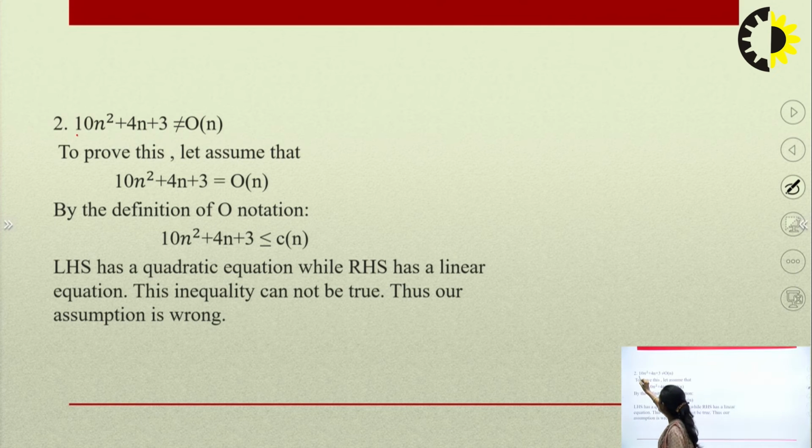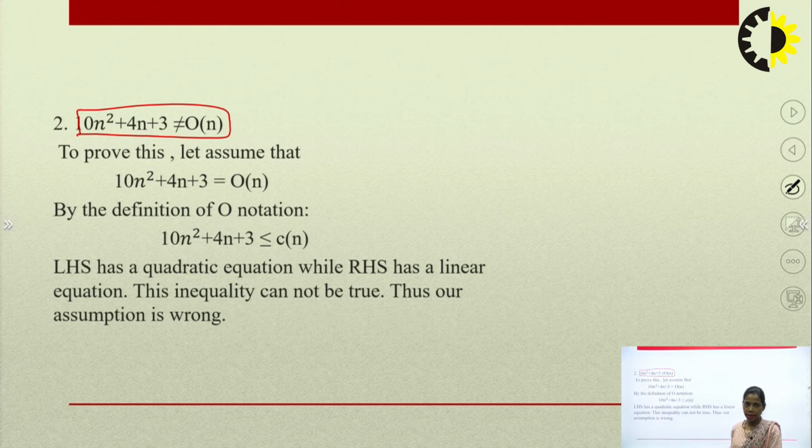Now we have to prove that this statement is false. Okay? To prove this is false, first we assume that this is true. Okay, 10n square plus 4n plus 3 is equal to big O of n. So, first step is by the definition of big O, you can write this equation f(n) is equal to big O of g(n) as